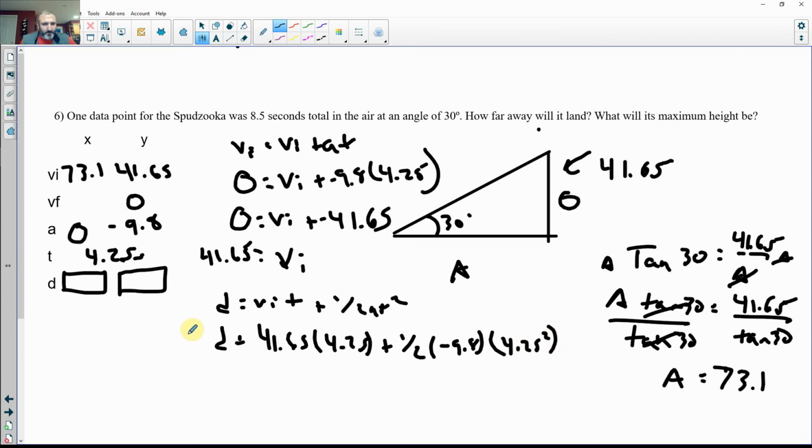So 41.65 times 4 1/4 is 177.01, plus 0.5 times negative 9.8 times 4.25 squared, close the parentheses,